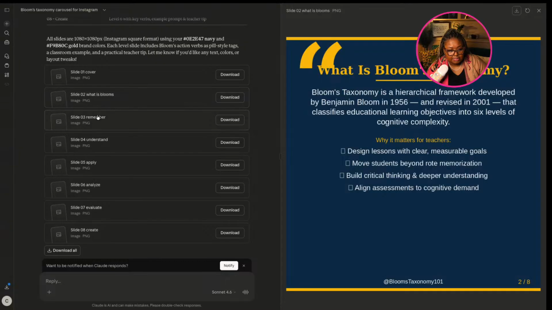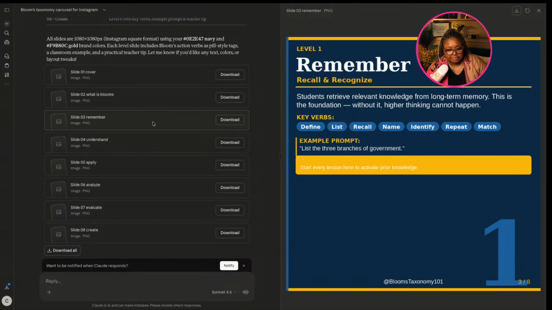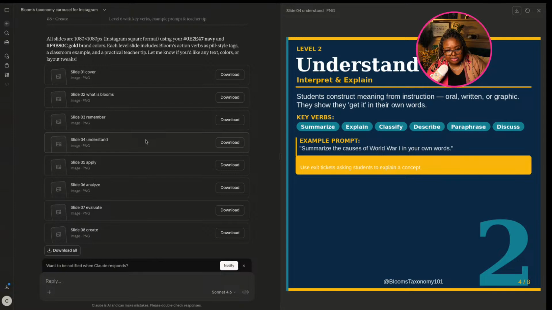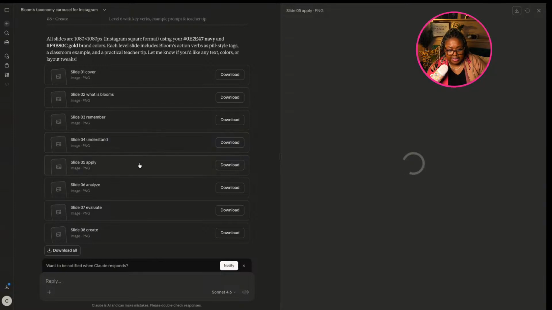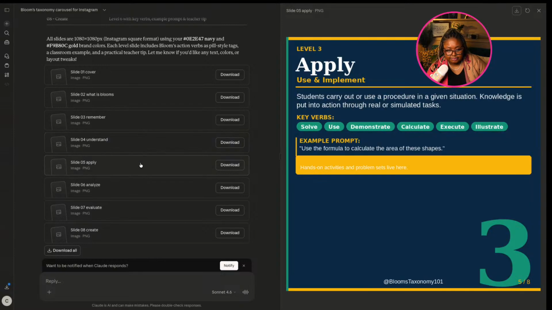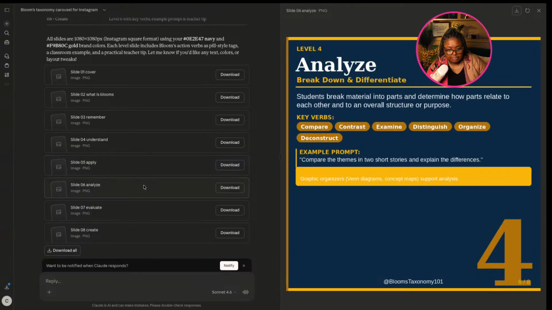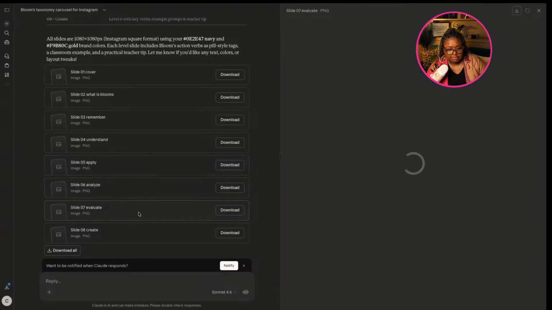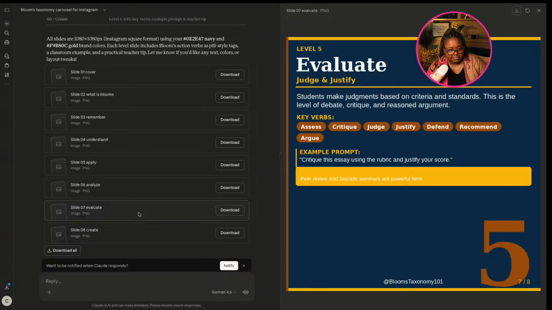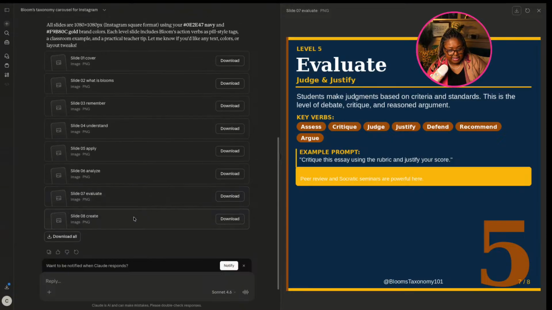And so that was the cover. And you see how it's just off just a little bit. Great. And then 1, it has 2, it has 3, 4, that's 5,